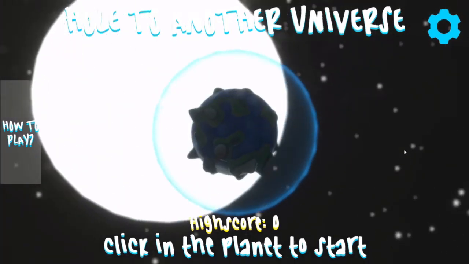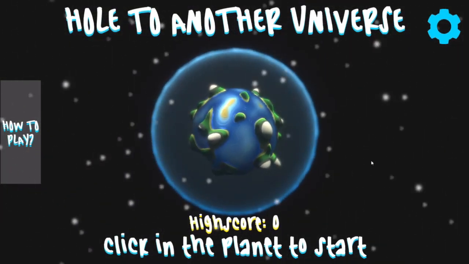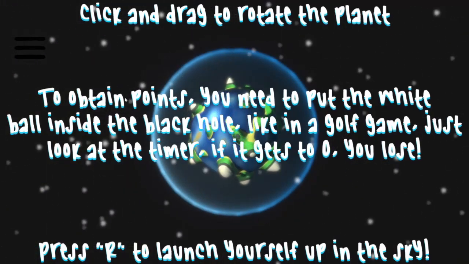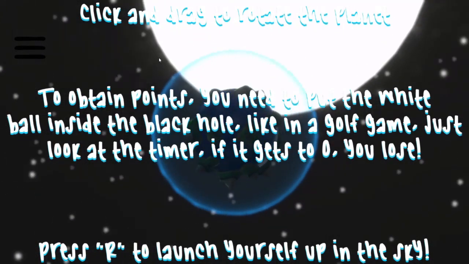Oh, this looks... God, I really need to learn how to do menus better. This is just really, really showing that to me. How to play. Okay. Like, again, the white text with the occasional white sun is a bit tricky, but...